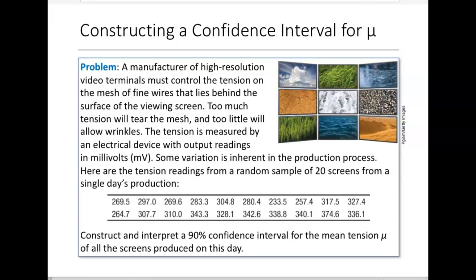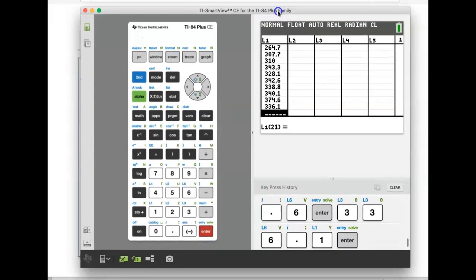All right, so once we have that data in, again, if we were checking conditions on this, we wouldn't just